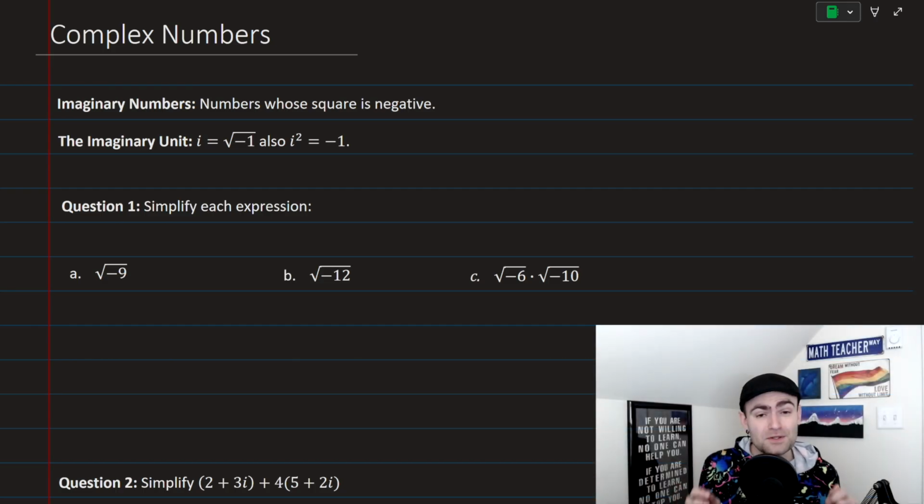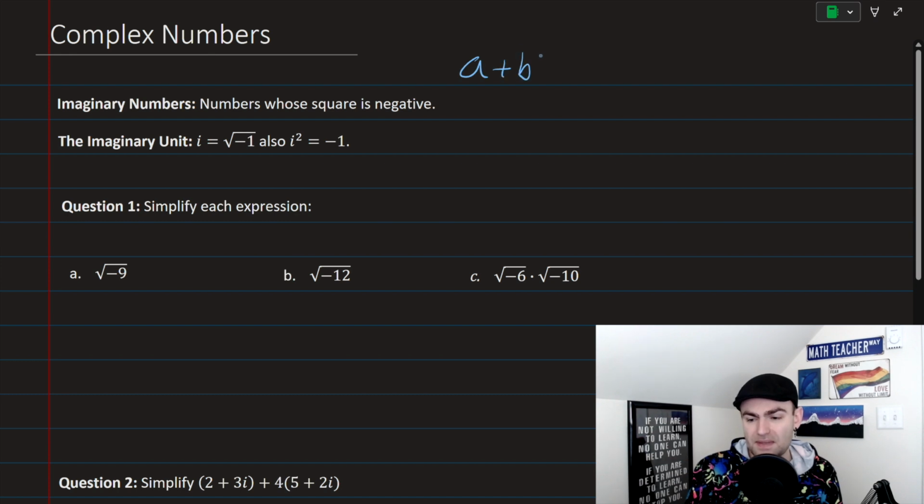Welcome everyone, let's talk complex numbers. So complex numbers are numbers that are made of a real part and an imaginary part that come together. What that typically looks like is a plus bi, where the a is the real part and this bi